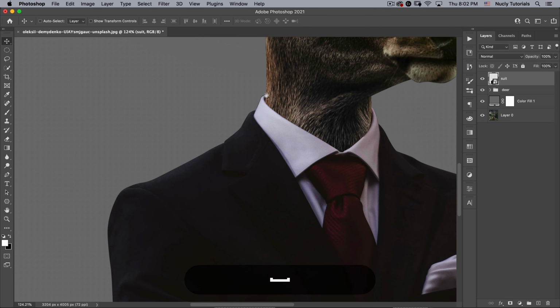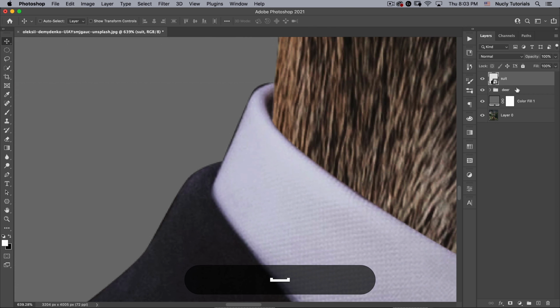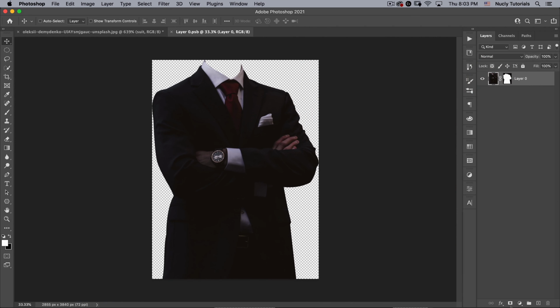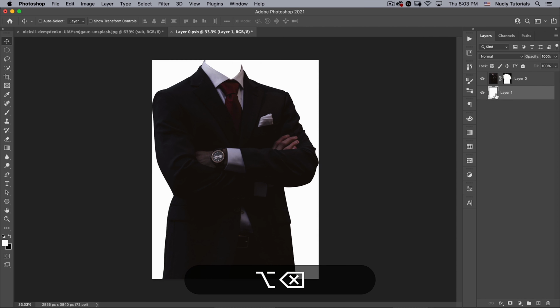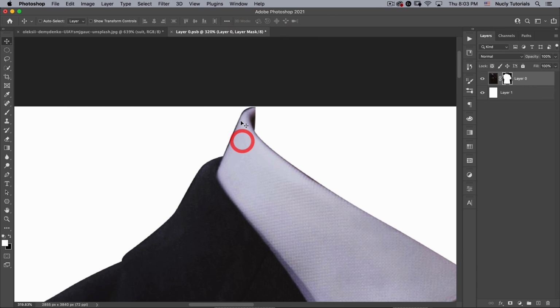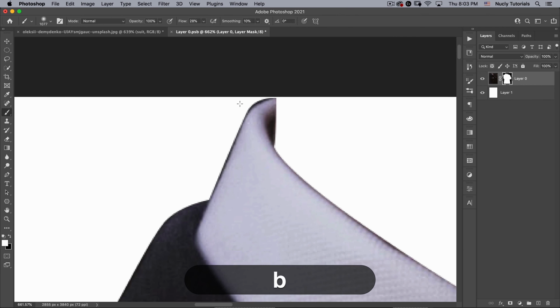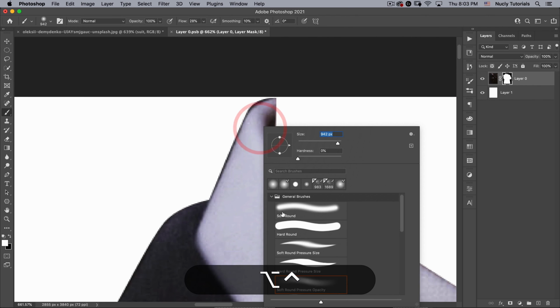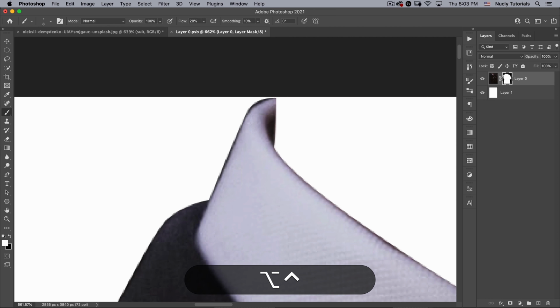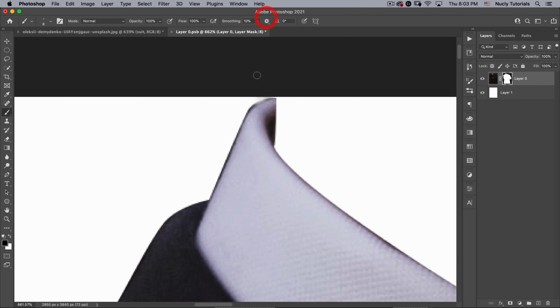You can see there's a little bit of an edge on there. I'm not crazy about that. So I'm just going to double click in here, put on a white background, and then in here, I'm just going to clean up this black edge. You want to make sure when you make a selection of a white object that it has no halo, because that will become quite obvious as you start working with that in your layer stack.